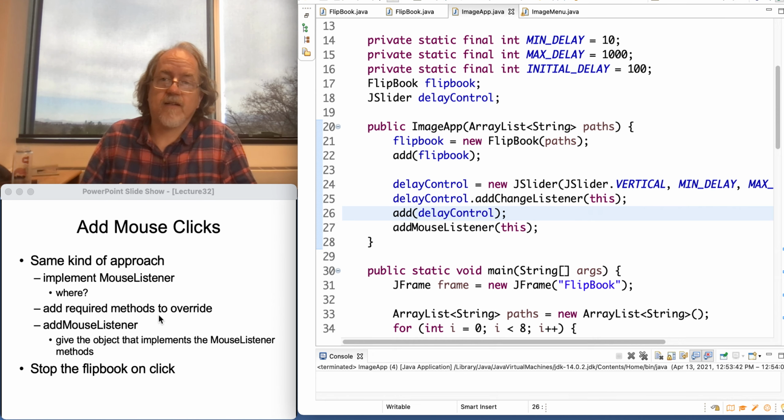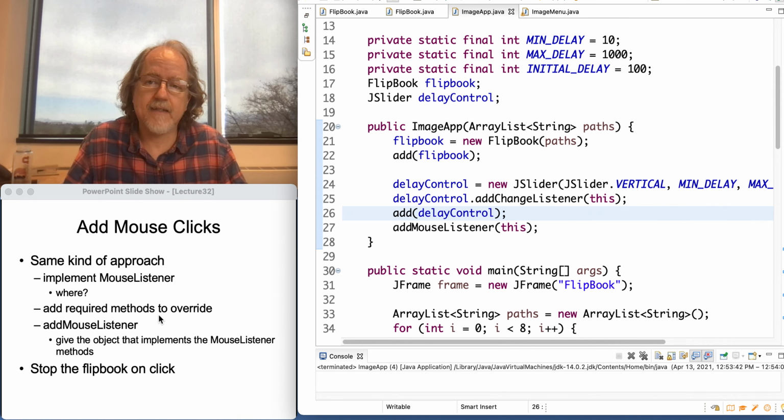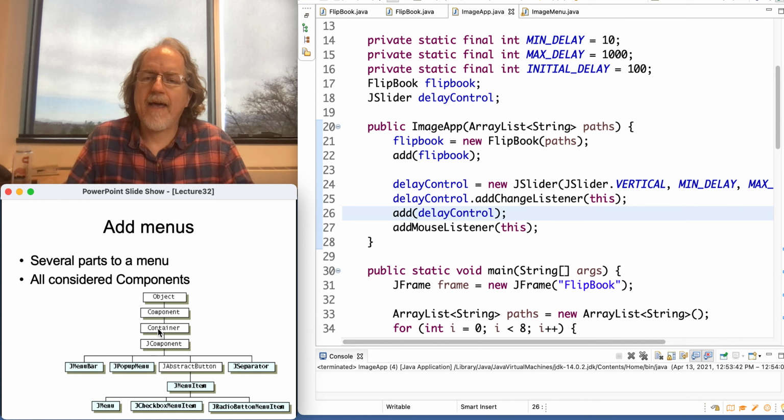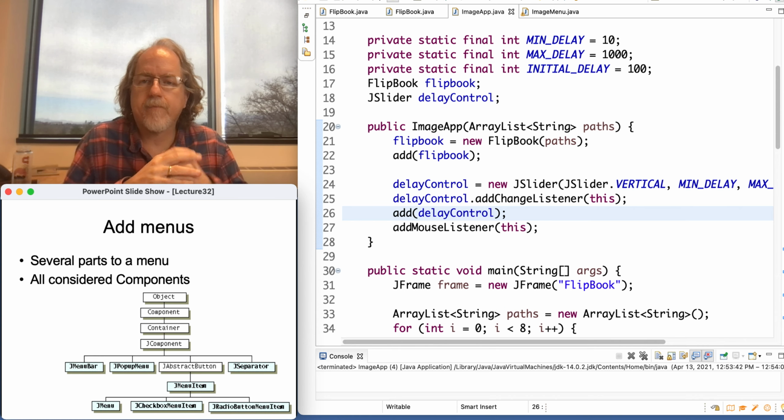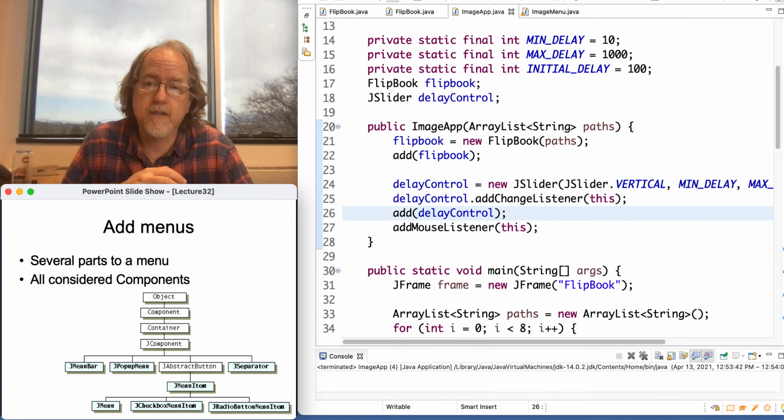This is getting a little fancier, a little more full featured, and again, this is sort of an excuse just to show you a few other things you can do in a Java Swing application. Okay, I want to add menus. Menus are a little bit complicated in the sense that they use a bunch of different classes. There is a JMenuBar, there are JMenuItems, and there's also JMenu